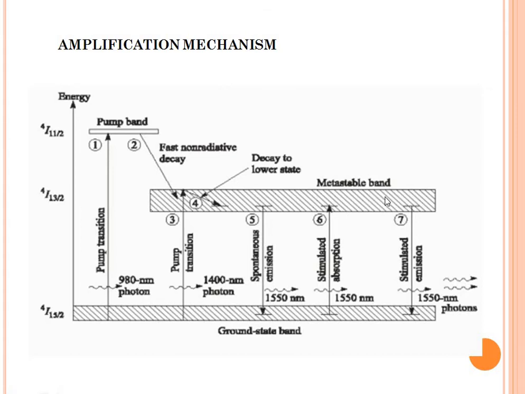Second, in the stimulated emission process, a signal photon triggers an excited ion to drop to the ground state, thereby emitting a new photon of the same energy, wave vector and polarization as the incoming signal photon. The widths of the metastable and the ground state levels allow high levels of stimulated emission to occur in the 1530 to 1560 nanometer range.